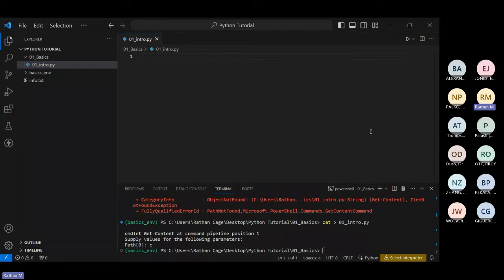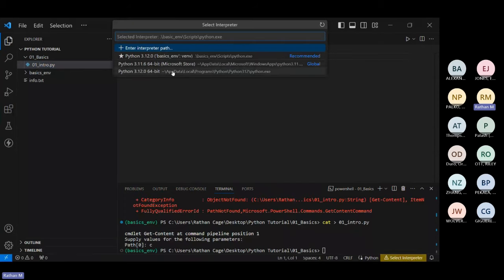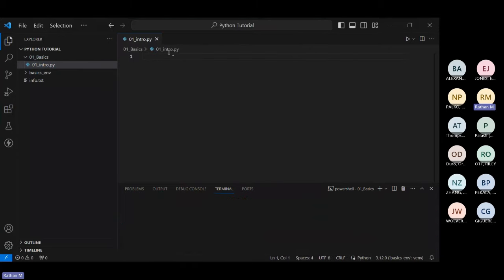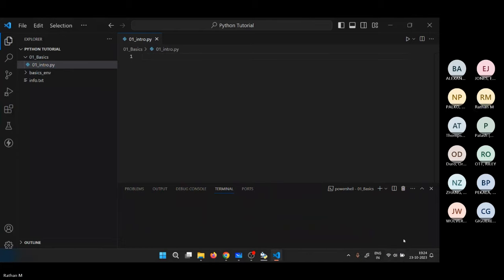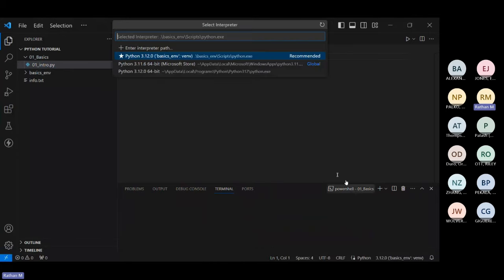So let's get started with the basics. First thing, you can see here in the bottom right corner, it says select interpreter. If you click on it, it's going to ask which Python version you want to run. Right now, we have created our basics environment, this is the Python environment I want to run in, and I will select that. There are multiple versions of Python that I have, so ignore that. You can see that is what you have in the bottom right corner, basics env, which is the virtual environment that is selected. So any code that you run here will run